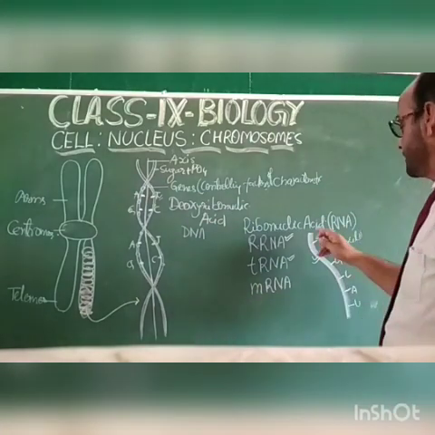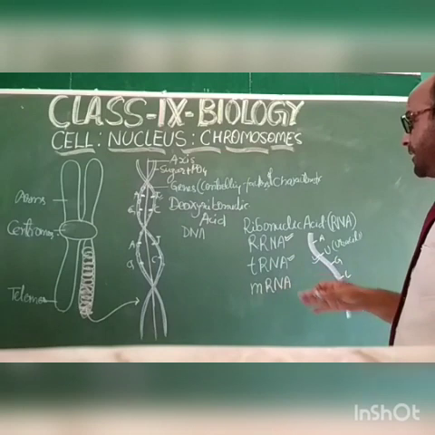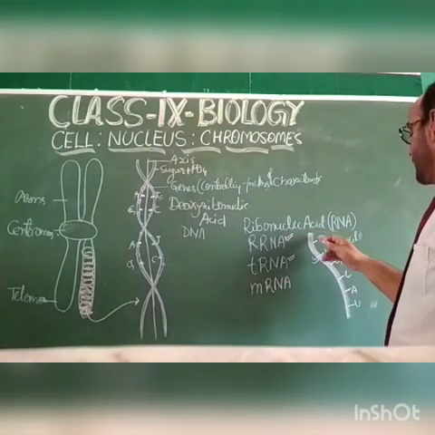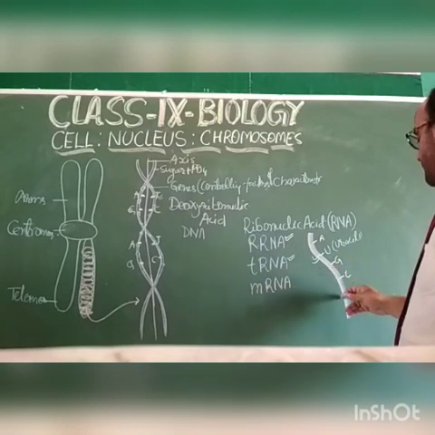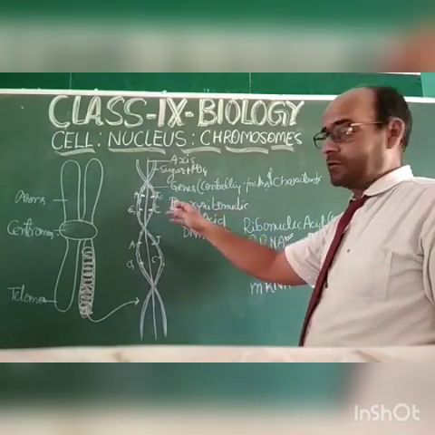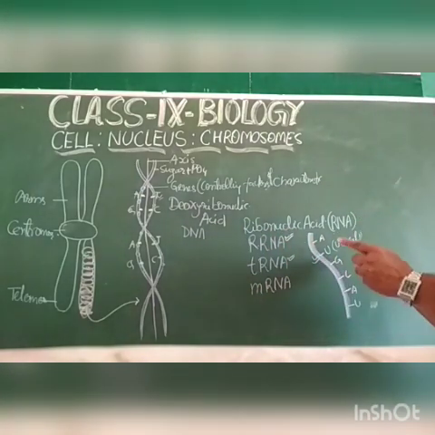Number one difference: RNA is single strand, while DNA is double strand. DNA is the genetic material because it has the permanent genes. In RNA there is uracil as the nitrogenous base, while in DNA there is thymine as the nitrogenous base. So these are the differences. So my dear student, how do they work?